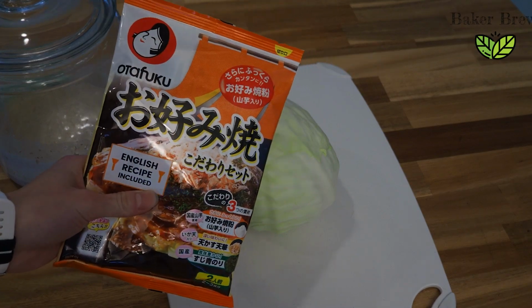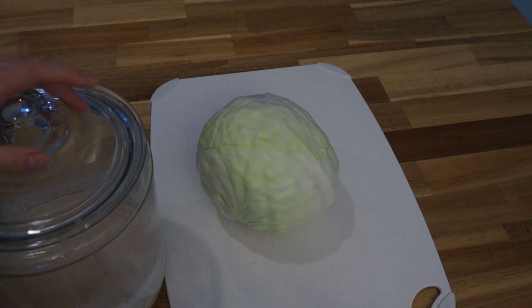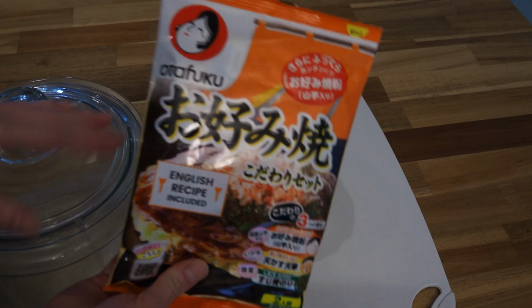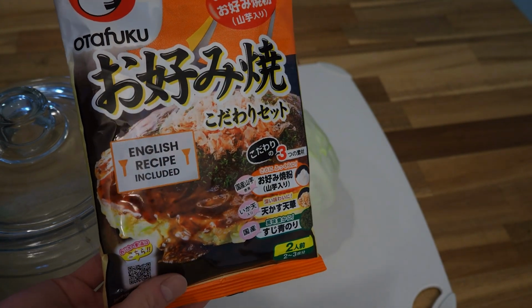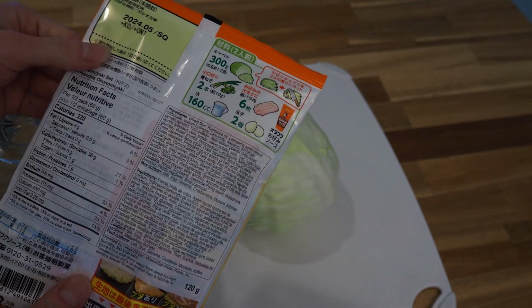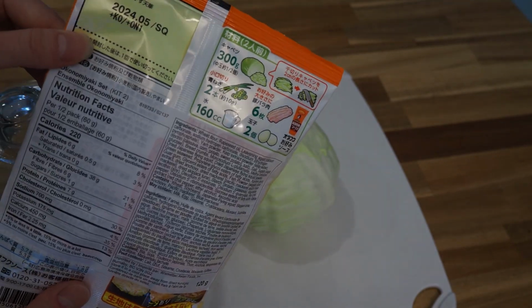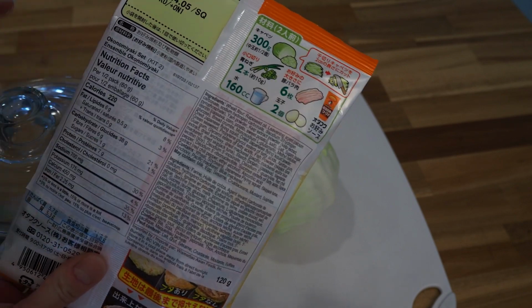Today we're gonna make cabbage pancakes, but we are gonna make them sourdough style. I love this recipe because it uses cabbage and it hides it really well. We add bacon into it. This is just a package mix that we always get, and it's so much easier. I'm sure you could find all the ingredients and make the batter yourself, but this has just been very convenient